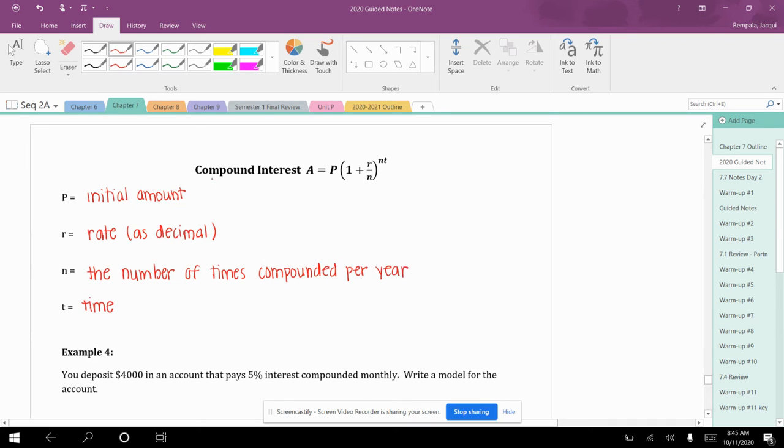Okay, notice that the formula says compound interest. We are going to see the word compound in these word problems if we're using this formula. And not only are we going to see the word compound, but then we're going to see a vocab word after that. So let me talk about what those mean, because that's how we're going to determine what N is. So to find the values of N,